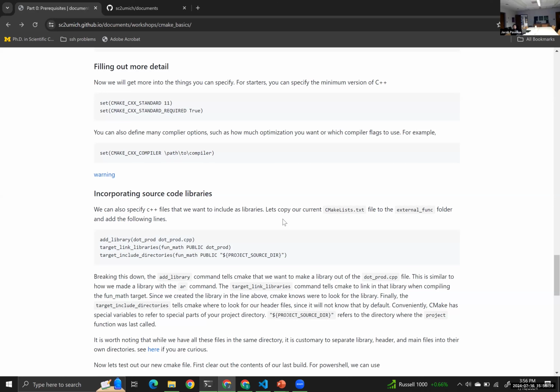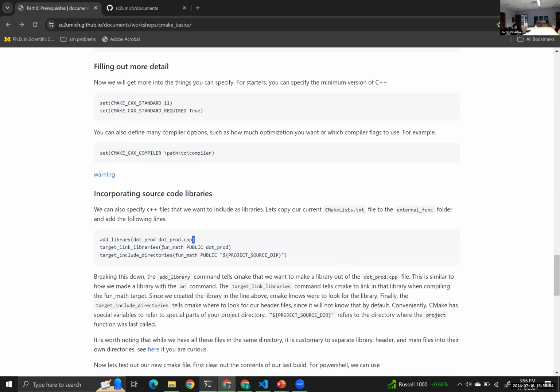So we have all these extra files that are doing stuff, but they're not part of our main executables. And so we can also consider those as libraries that are going to be compiled separately. By adding the extra instructions, I think it actually does make these separate sets of scripts into actual library files. So the first thing that we're going to do is make a dot product library out of just this dot product.cpp